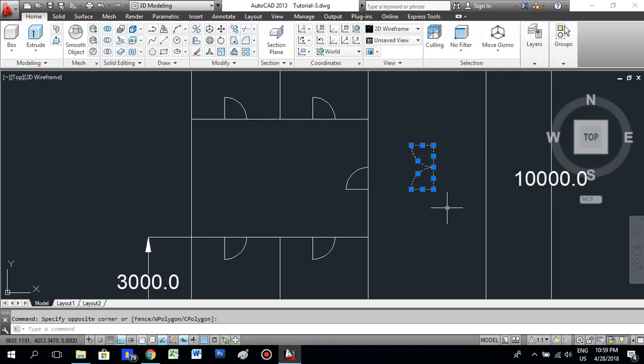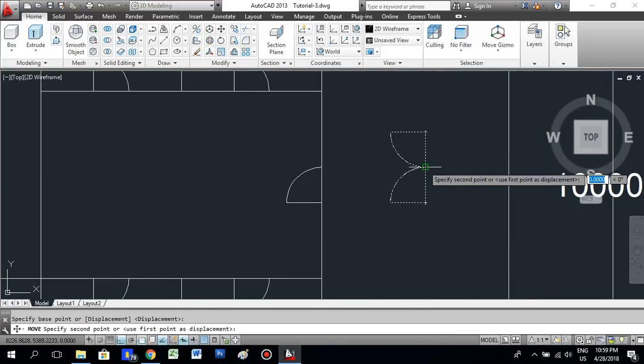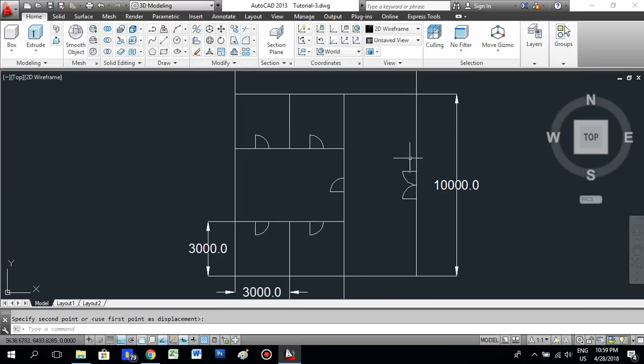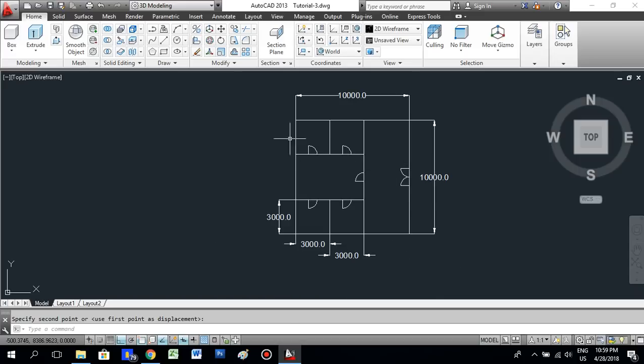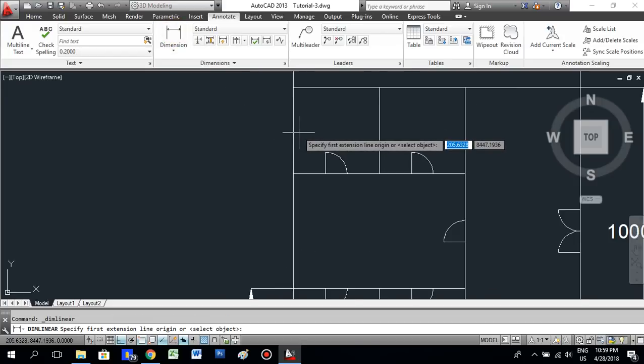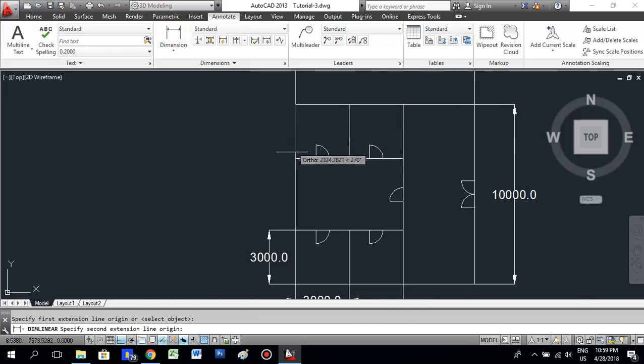Okay, so just you select this, right click, move, and take the center point and copy to the center point of this hall. Okay, now we made the two doors for the front hall. Okay, now all the doors for the halls, rooms, kitchen and bathroom are done. Okay, now we have to give the dimensions. We will give the dimensions for all. So annotate, take dimension, and this room width,